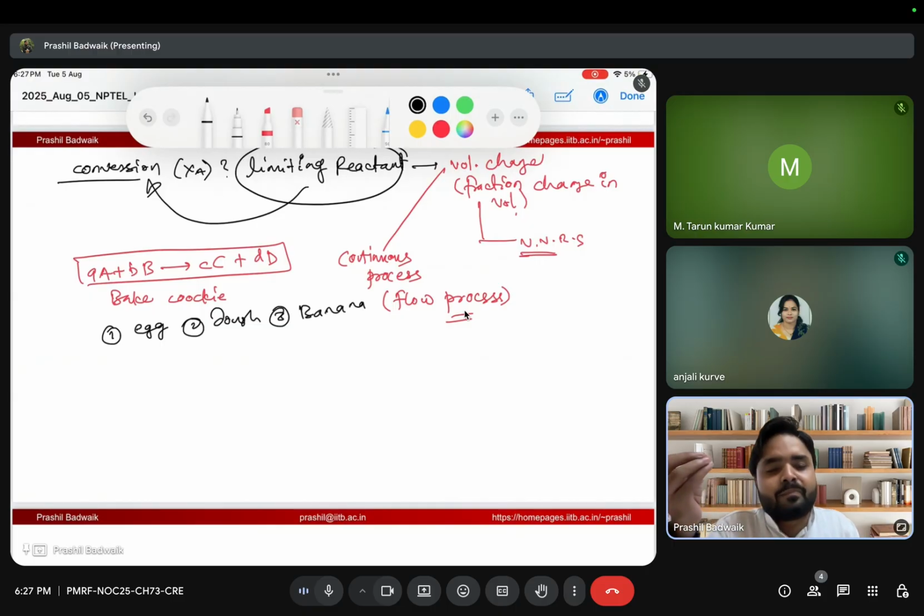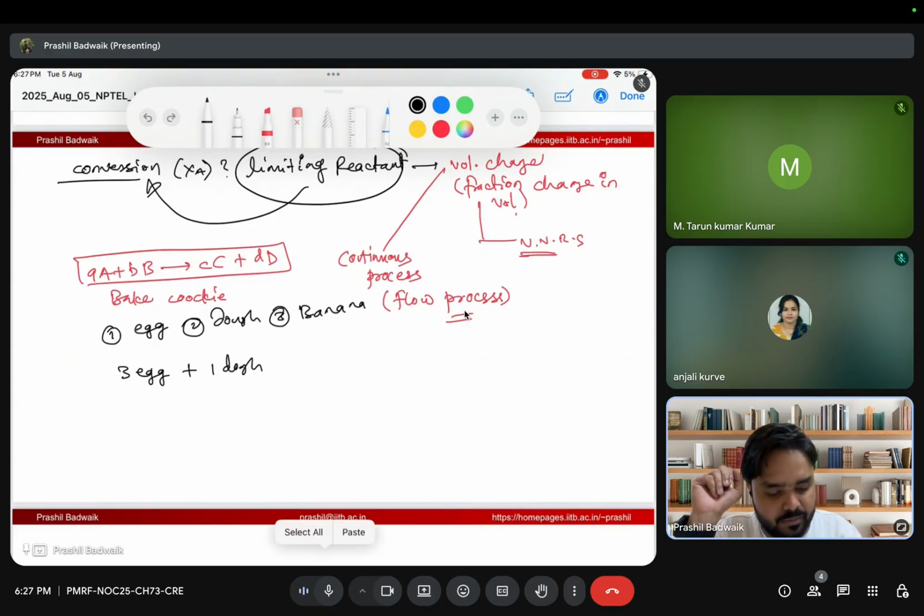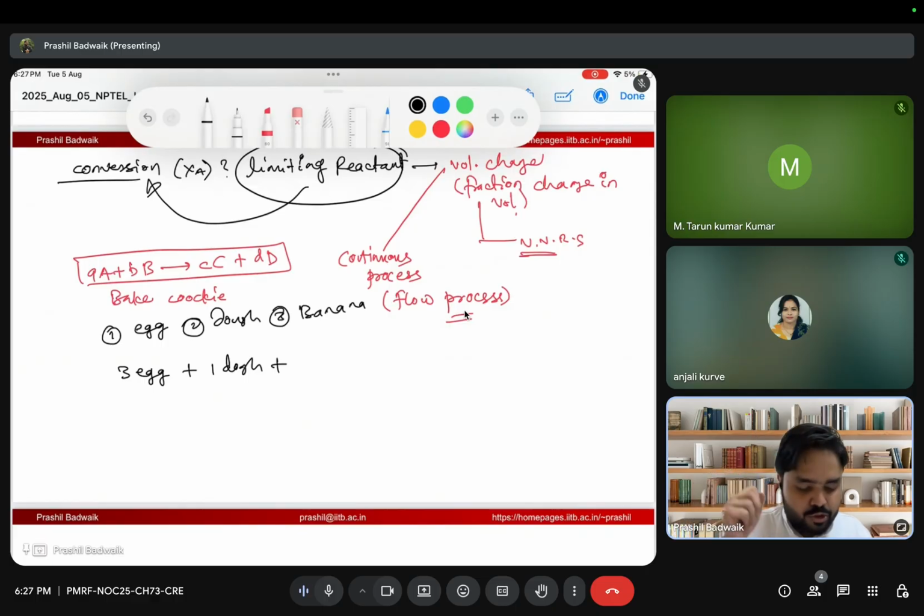So to prepare one cookie, what we need, for example, 3 eggs plus, for example, one dough sample, and 3 bananas, which will give you one cookie,